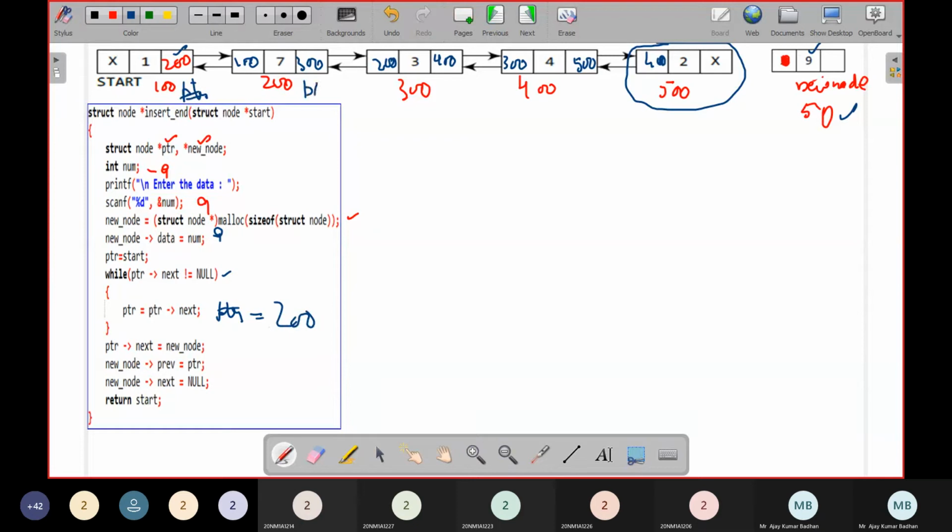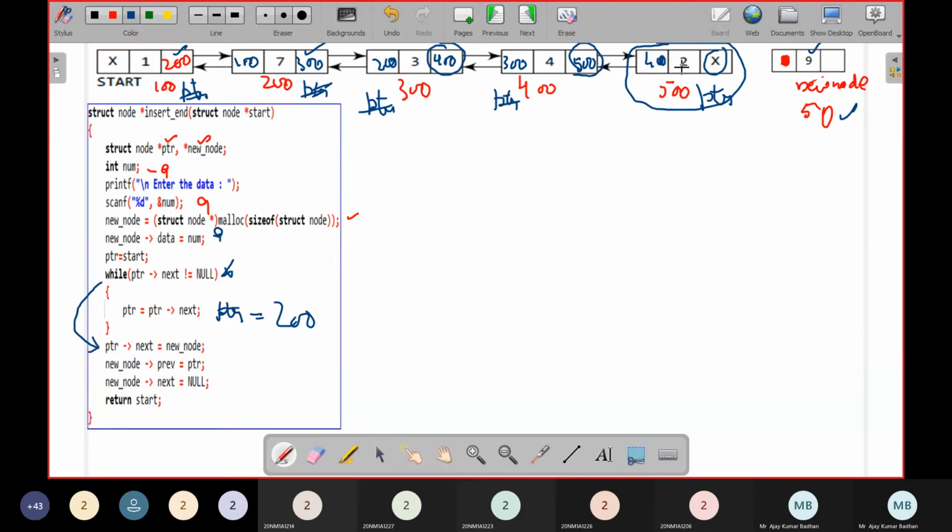That is here. Now again it will check while pointer next is not equal to null. What is the value we have? 300. It is not equal to null. Pointer equal to pointer next. So 300. From here it will skip and come to this particular location. It consists of 400. It is not equal to null. So simply pointer will skip and come to the next node. 500 is not equal to null. Simply skip and come to this particular location, PTR. Now pointer next consists of null. Now this condition fails. It comes out of the loop.